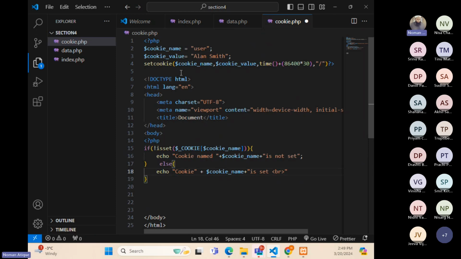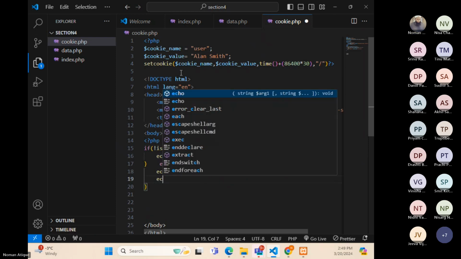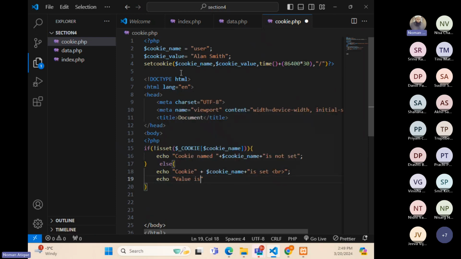Let's put a BR here, a line break, and echo value is, plus dollar. Now to get the value, I'll have to go into the $_COOKIE and write the cookie name. Now let's close that